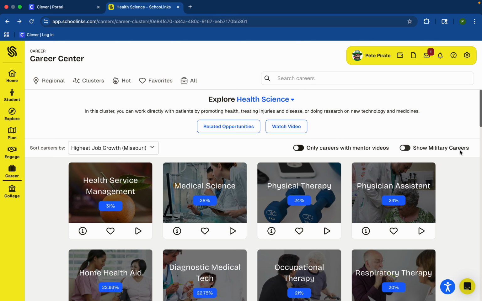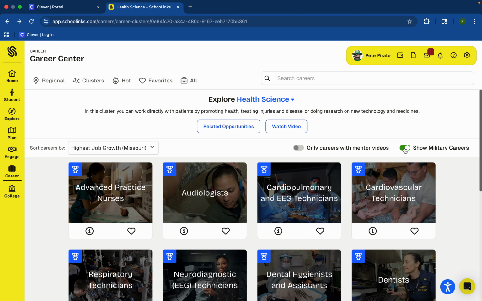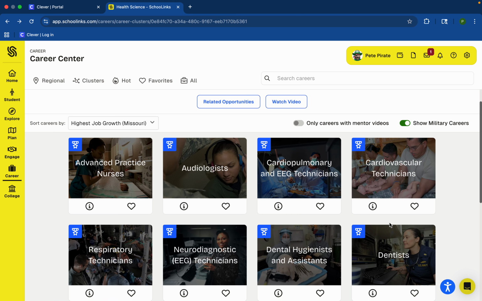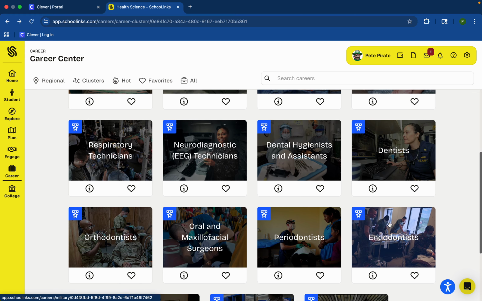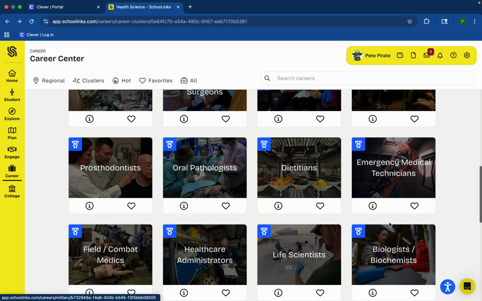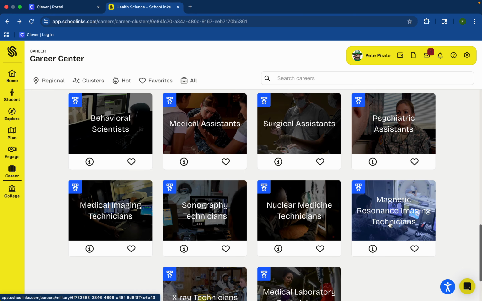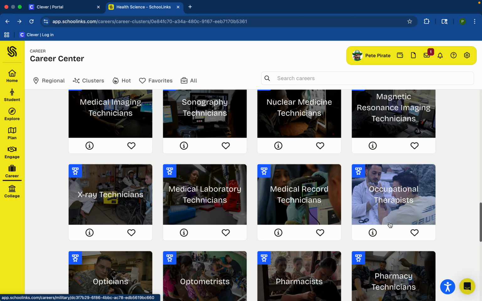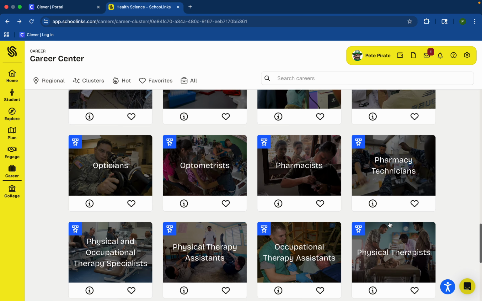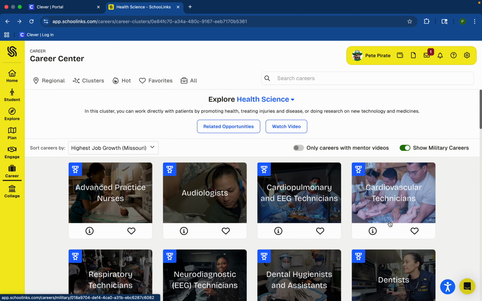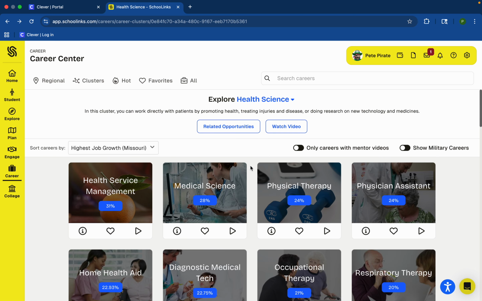If you're thinking of enlisting in the military, you can toggle this button, and now it will show you the military career titles, because sometimes careers have a different name in the military, and so you would want to know what that military title is. Okay? So very, very cool feature